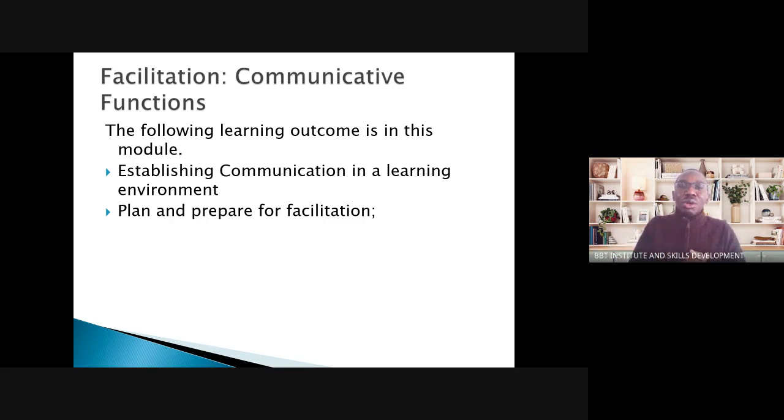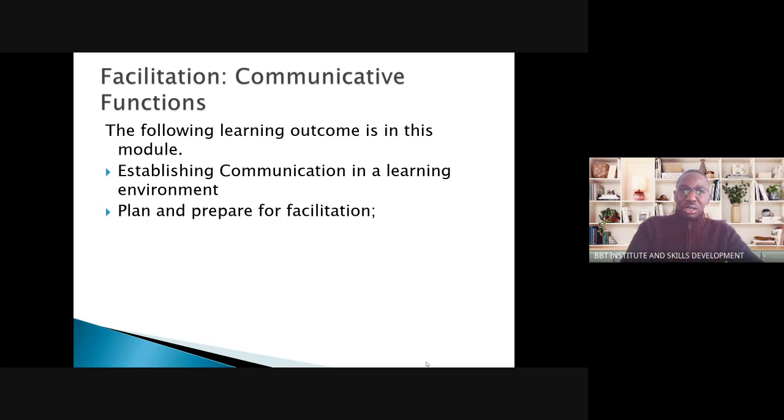This program also allows you to become competent as a qualified facilitator. At the same time, it allows you to become a qualified SDF, a skills development facilitator. It's one of the linkages that allows you to be connected to facilitation in the communities. Facilitation in the community. So you will see that one of the key programs that articulates you into this course is that of SDF, for you to become a qualified skills development facilitator.